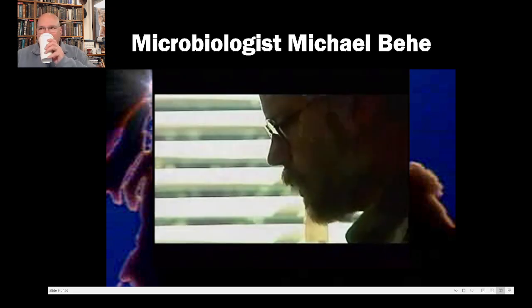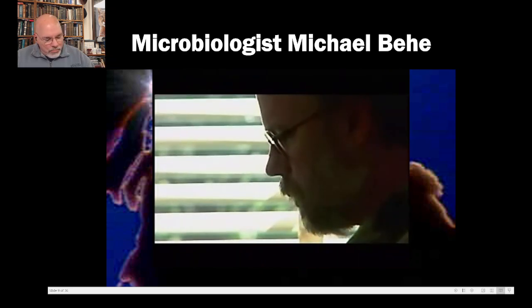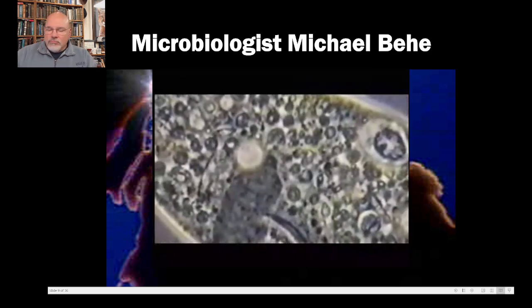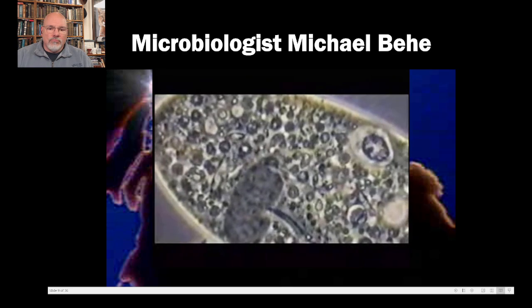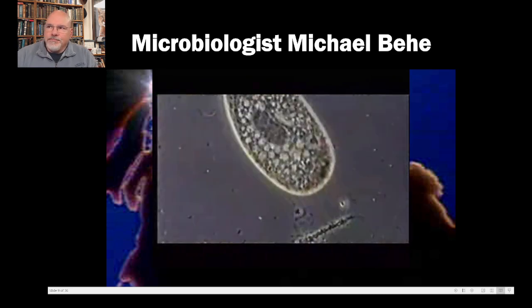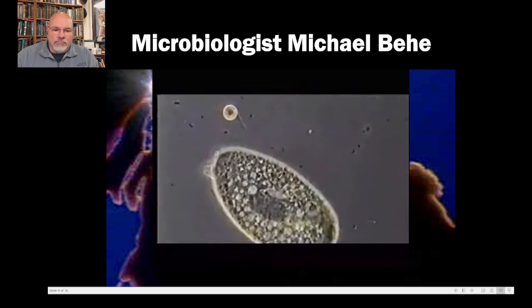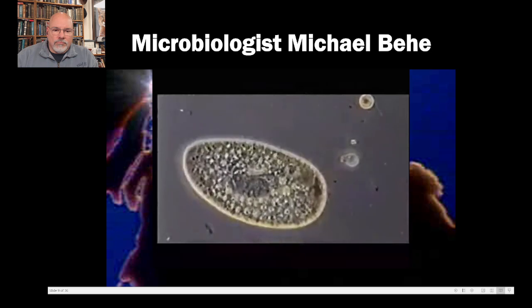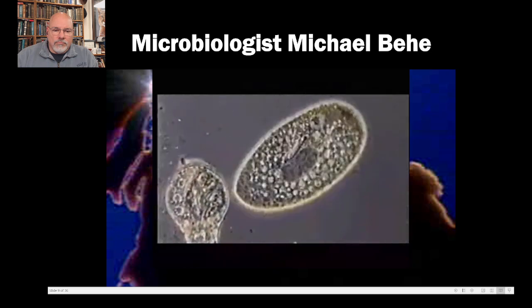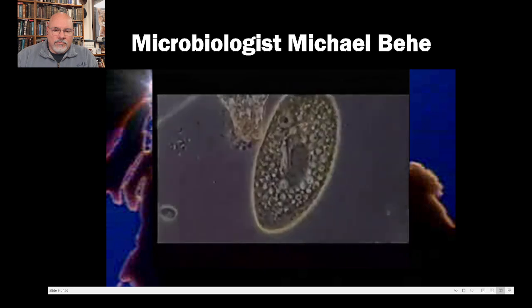Michael Behe has devoted his career to the study of the design and operation of the cell. He has also written extensively on the biochemical challenge to evolution. Most people have no idea of how small and complex cells are. A typical cell from you or me, called a eukaryotic cell, is probably 1/10 of the size of the head of a pin. And yet in that single cell, there are about 3 billion units of DNA making up the chromosomes. And those 3 billion units make the molecular machines of the cell, literally machines that make the cell work.